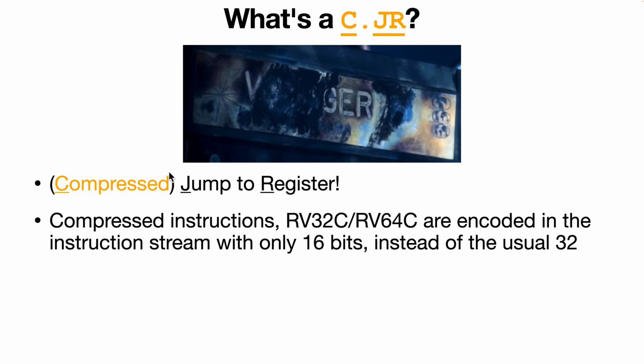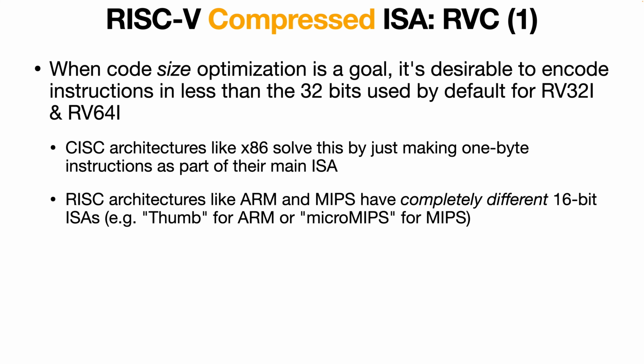So jump to register, but in this small 16-bit form. You can have a jump to register without the 16-bit form, but this is the 16-bit form, making it smaller code. So this is our first exposure to the RISC-V compressed ISA. I'm going to call it RVC. It can actually be RV32C or RV64C, but just to be generic, I'll call it RVC. And again, as we've said multiple times already, the basic point is if you have size optimization, you want the code small, then you're going to use these compressed assembly instructions to encode things in 16 bits